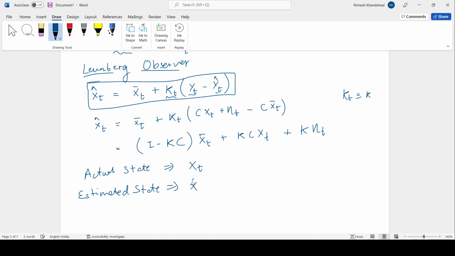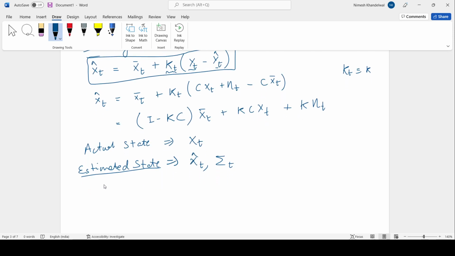The estimate is my mean value, and along with this mean value I have some variance associated. So for this estimate to be good,